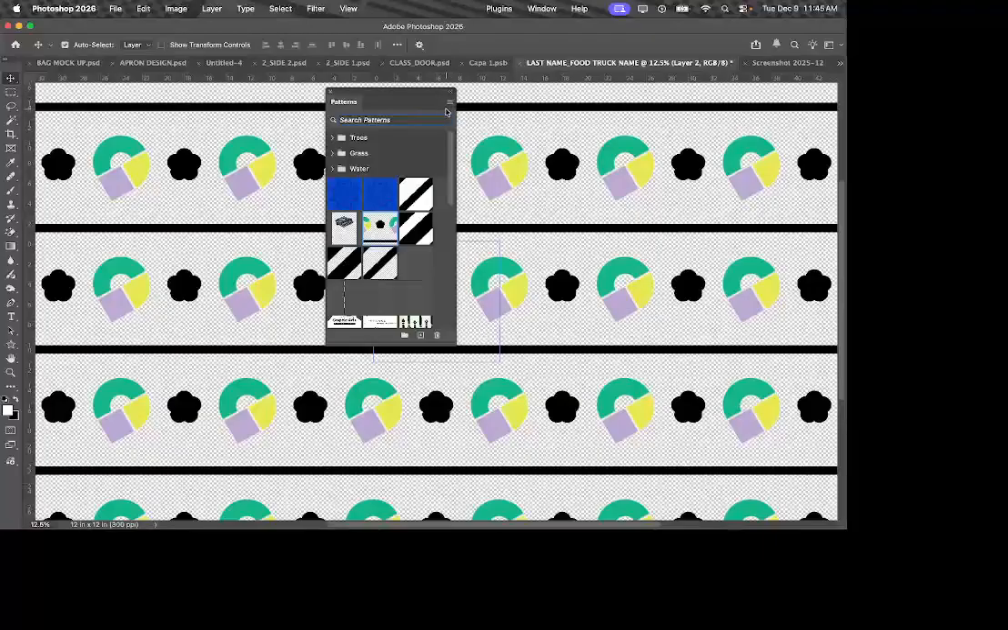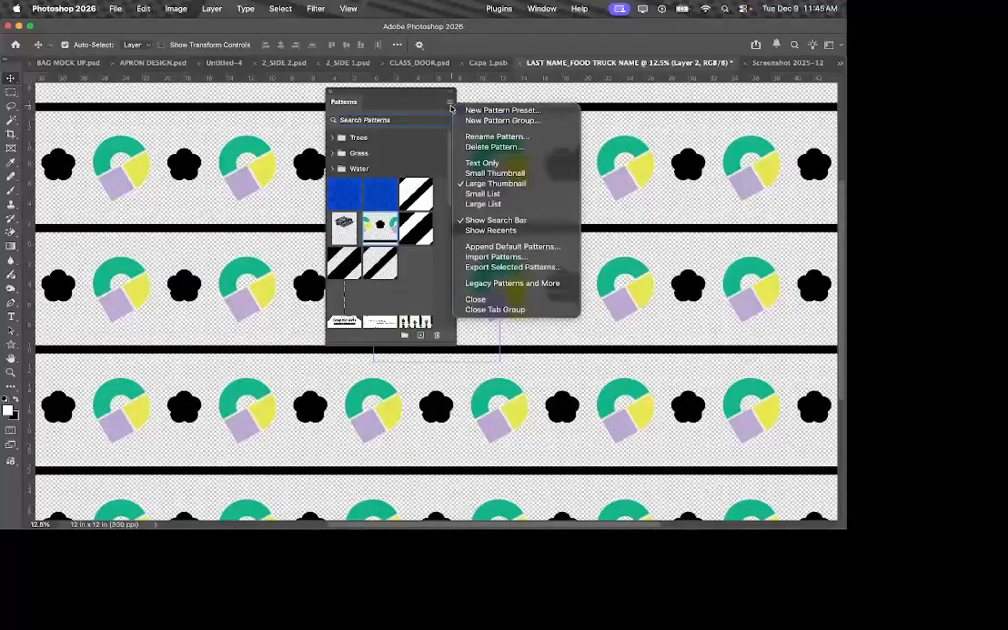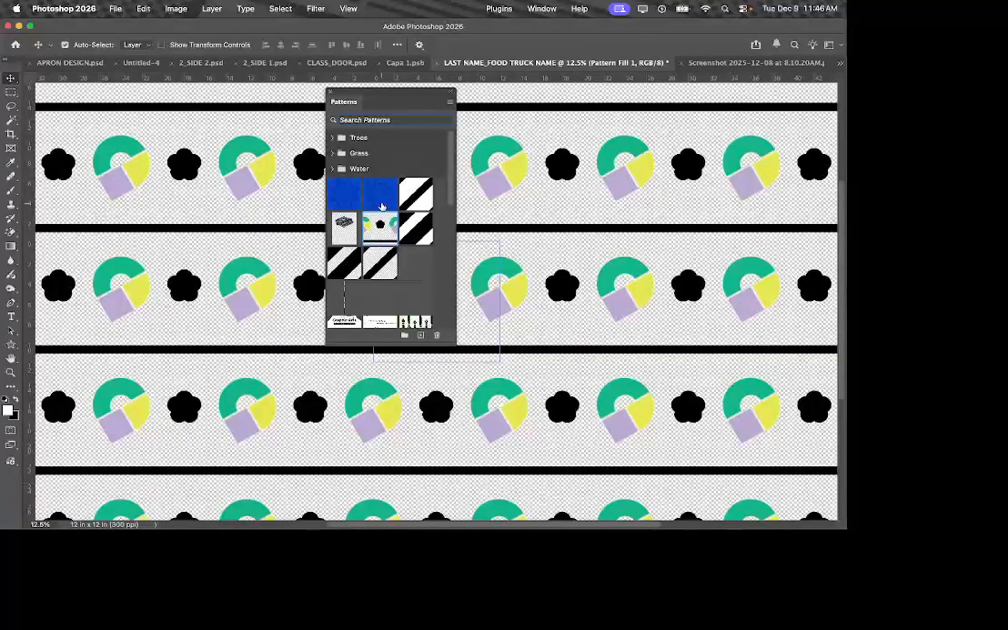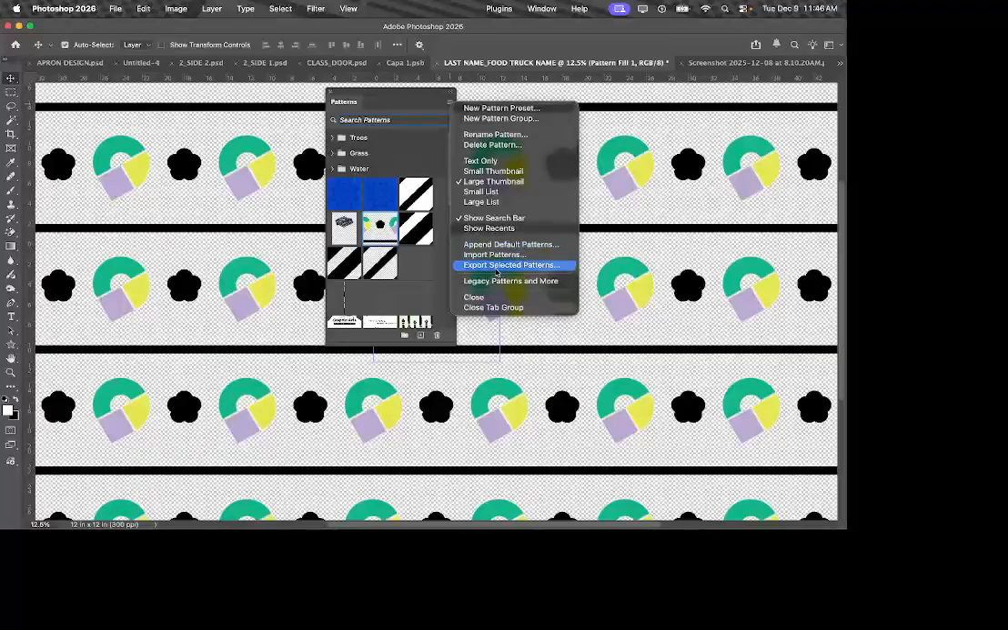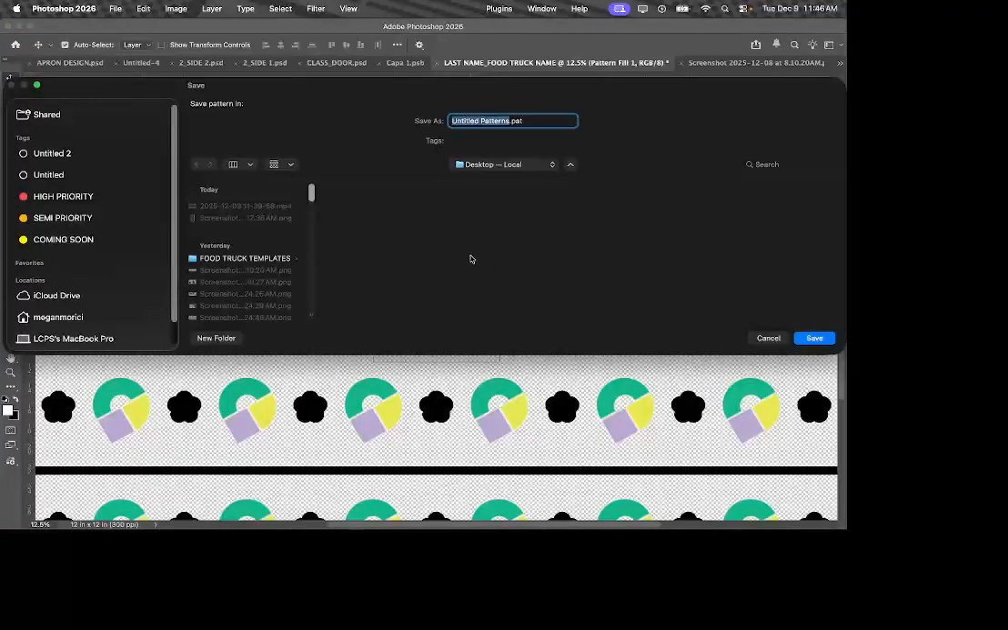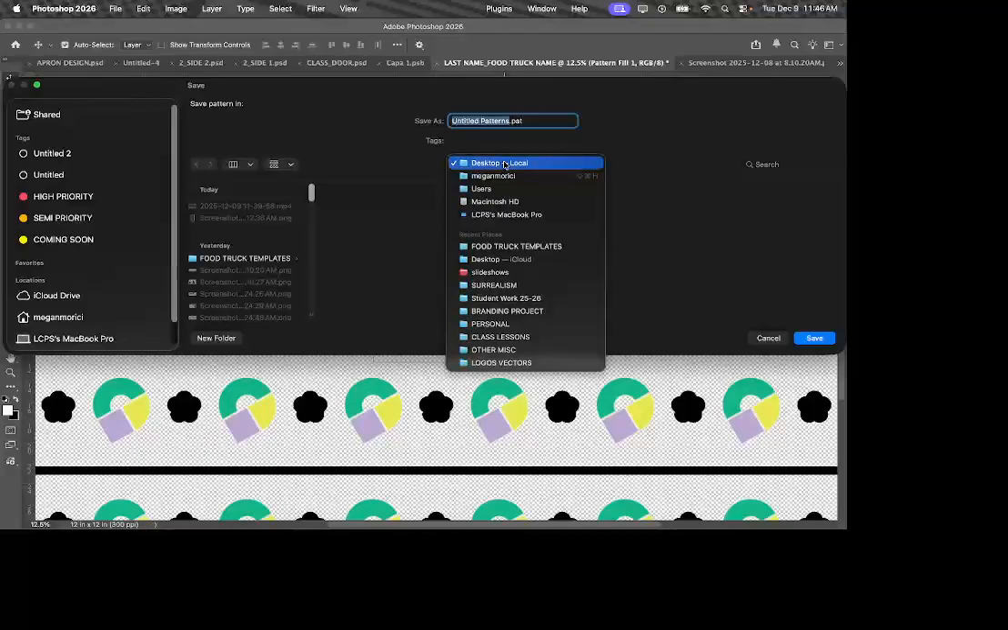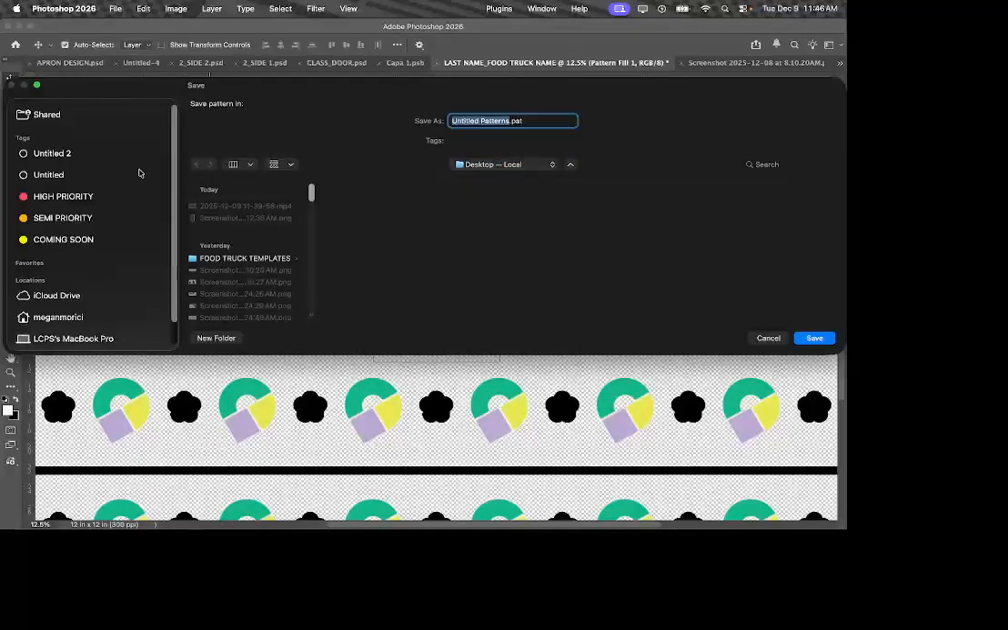But I want you to hit the three dots on the patterns panel, or is it four lines? Hit the four lines, scroll down to Export Selected Pattern. When you hit Edit, Define Pattern, it made a swatch. It should initially still be selected on that swatch. Export Selected Pattern. Now here's the thing. You have to know where you save it. So put your last name, food truck name,